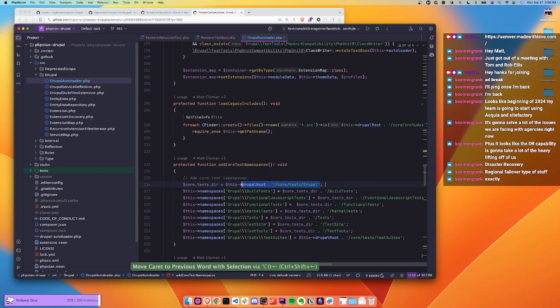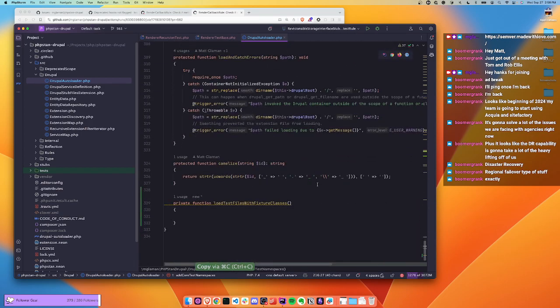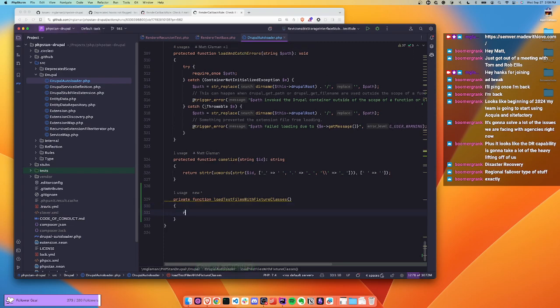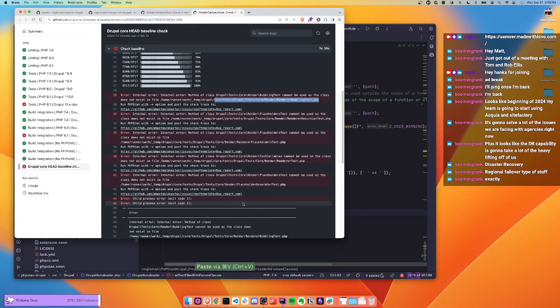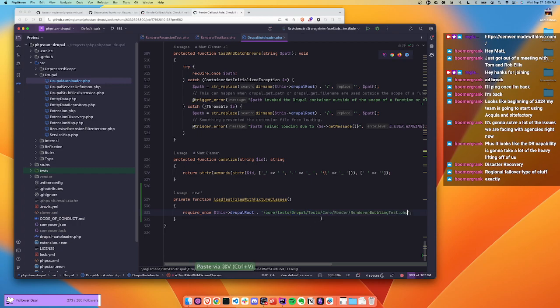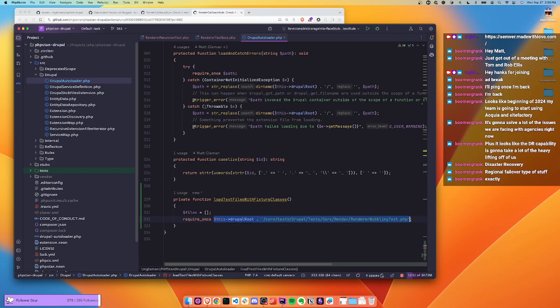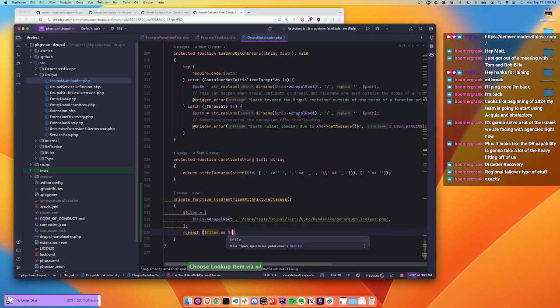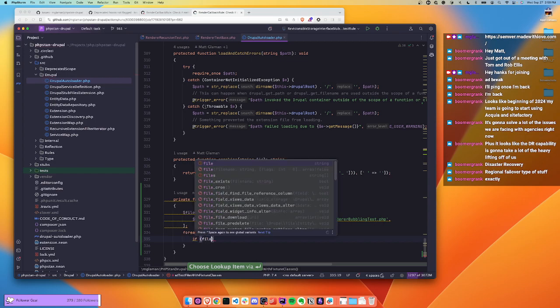So we're going to take these lines, say require once, for tests, building test. So let's do files equals array. Let's make this a little bit smarter. So we can do foreach files as file, if file exists,